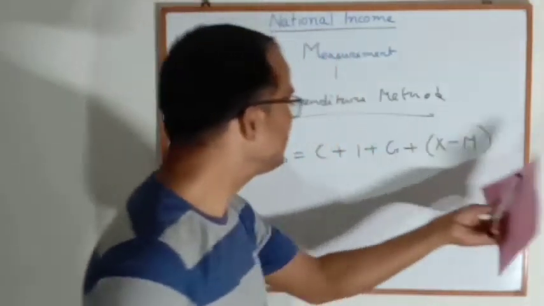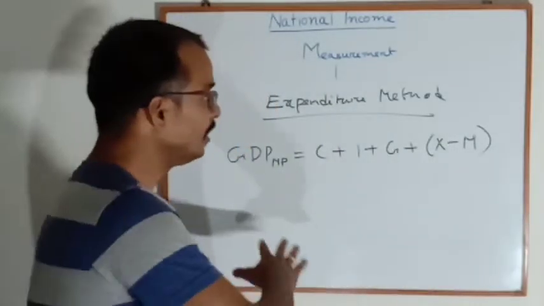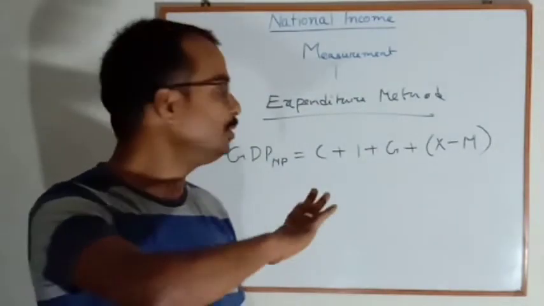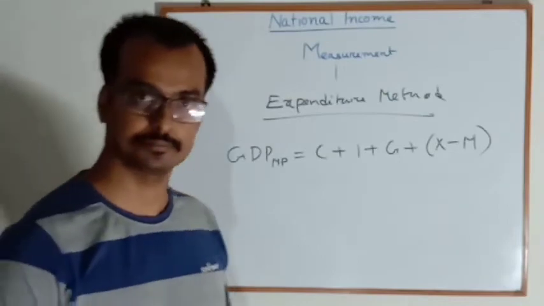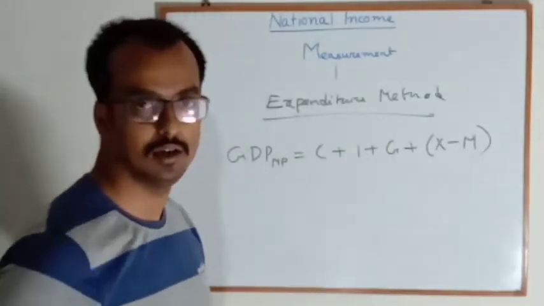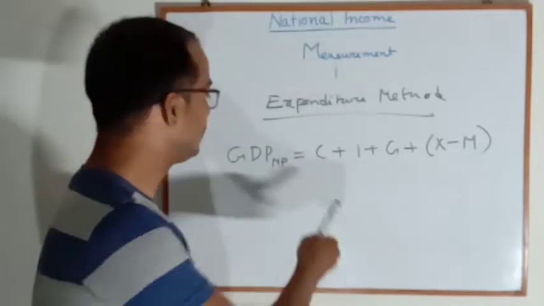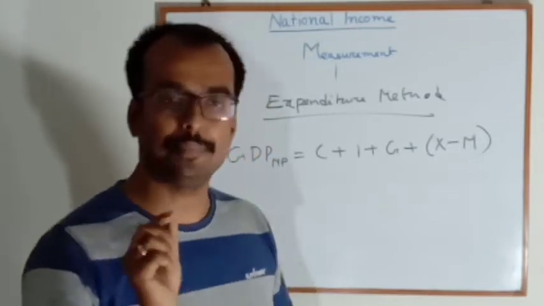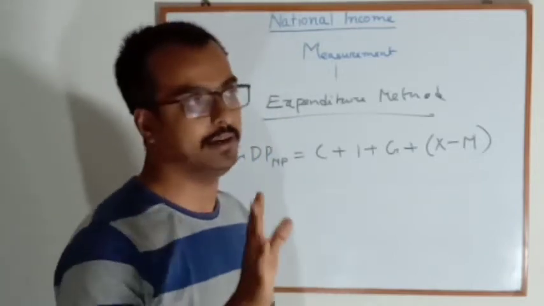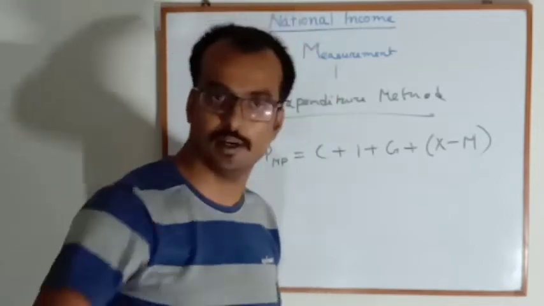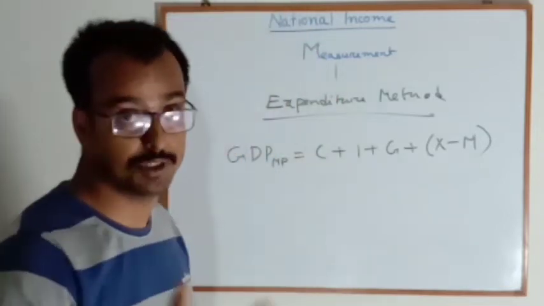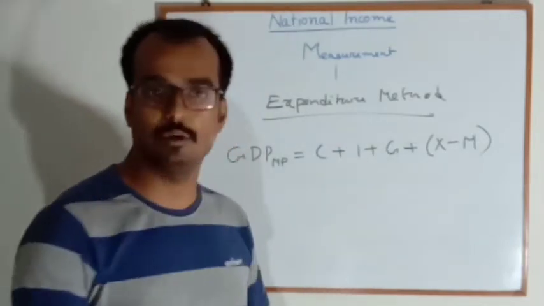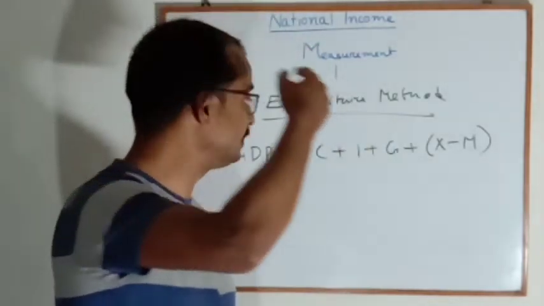And X minus M is the expenses that can come from abroad. So these are the areas where anyone can make expenditure. There is no other way of making expenditure. I purchase this, it comes here. I have purchased one plot of land, or I have invested somewhere which creates capital. So that comes in investment expenditure. Government making a road, that is government expenditure, that goes there.